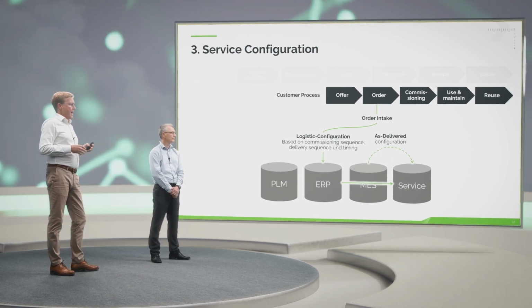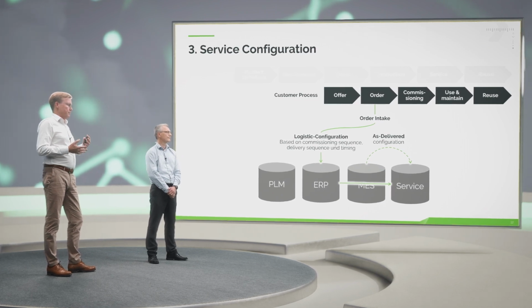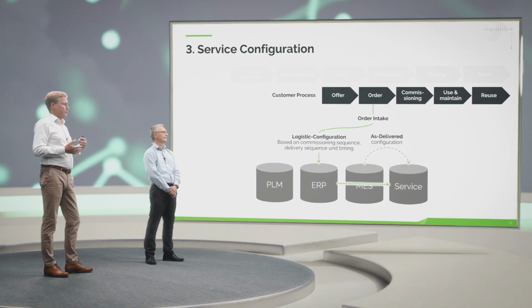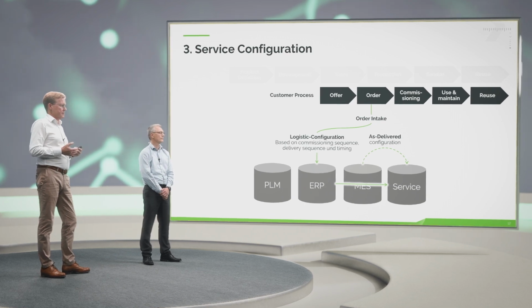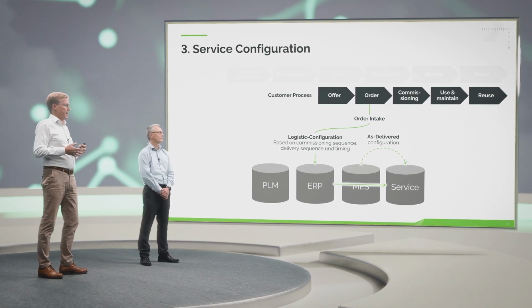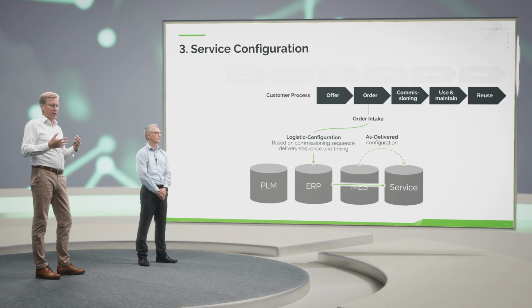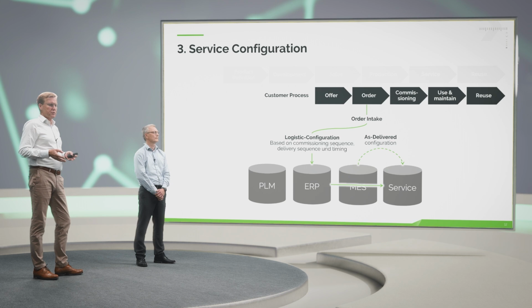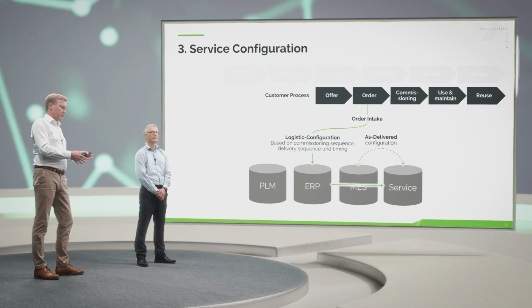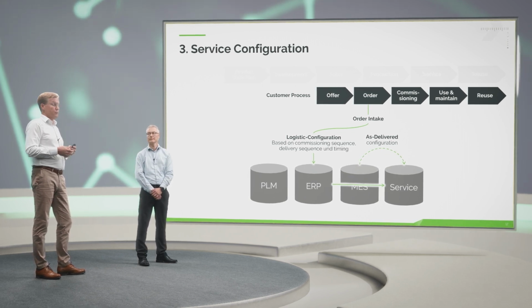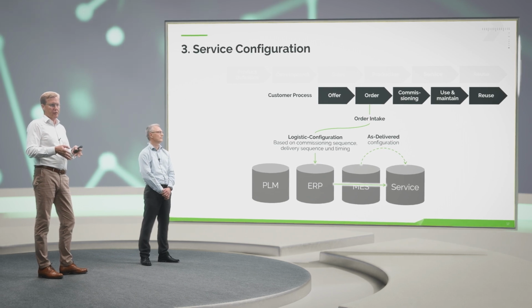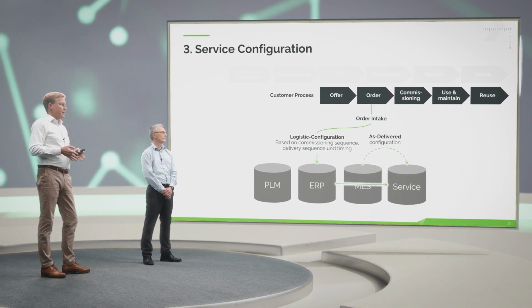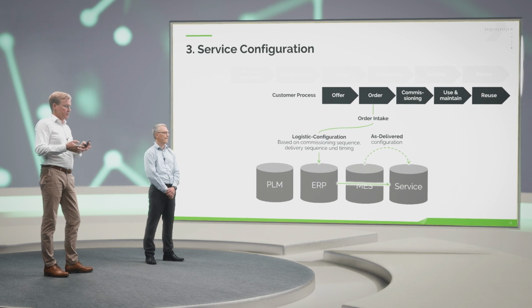And then after the product is produced, either based on the ERP data or based on the MES data, you would have something which we call the as-delivered configuration. That's really the product that the customer gets. And that's the starting point for the service process because, of course, when the customer calls you back the first time, says there's an issue, you want to understand what did we actually deliver, what are the exact parts that we had in there, which lot numbers maybe,